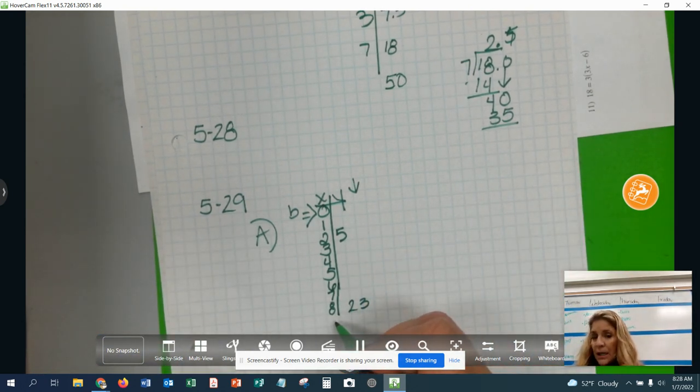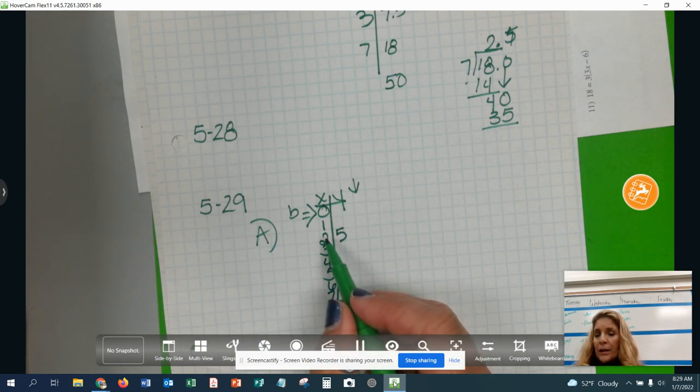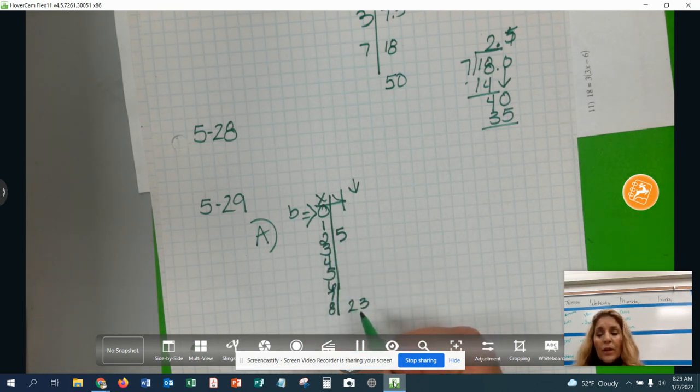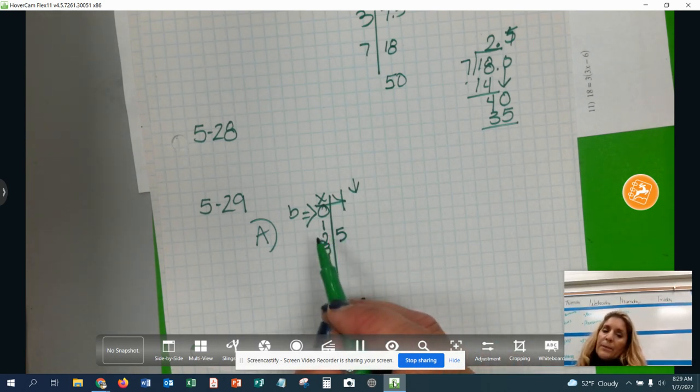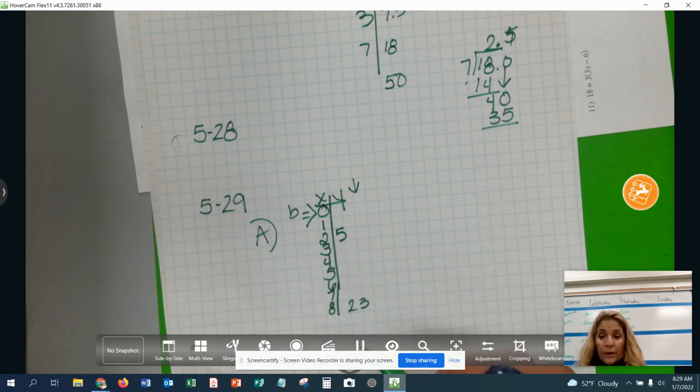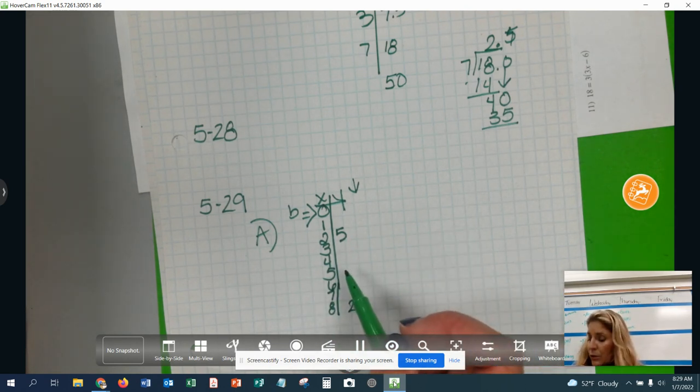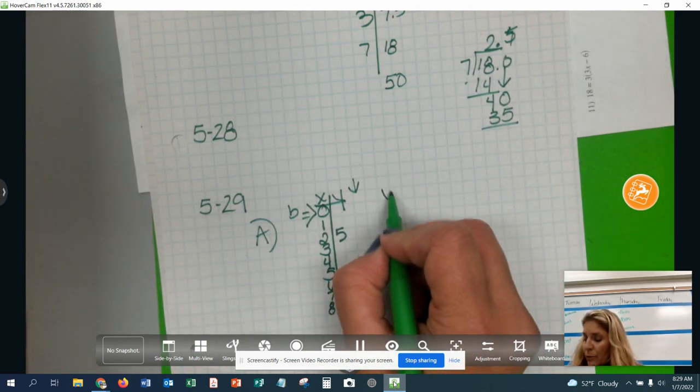Could it be maybe multiplied by 2 and add 1? Would it make this one right? Not necessarily. 2 times 8 is 16, plus 1 would be 17, not 23. What if we multiplied this by 3 and then subtracted 1? What about this one? That seems about right. So if we did this, if we had y equal